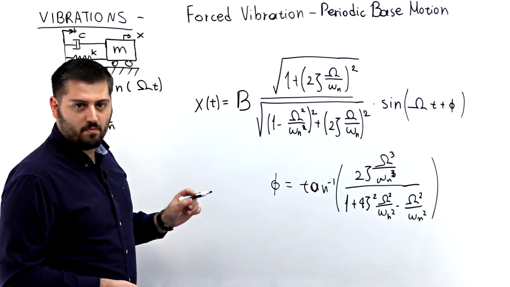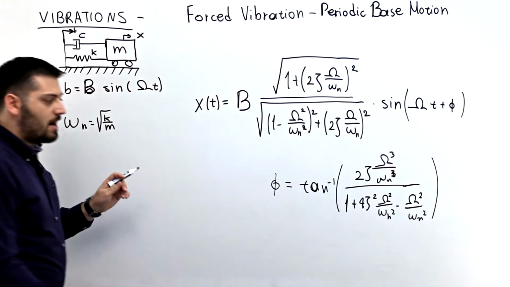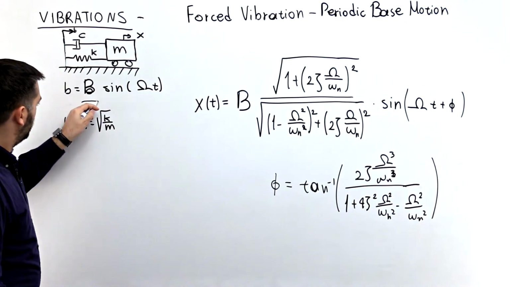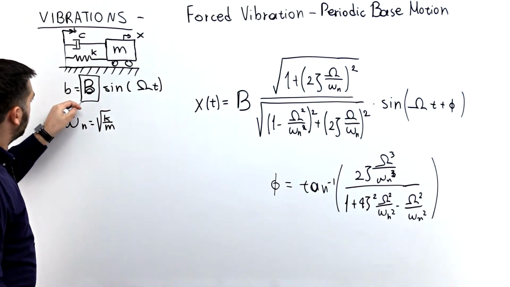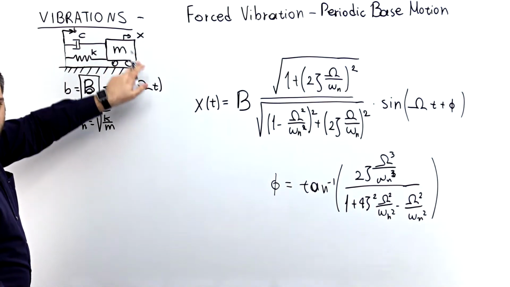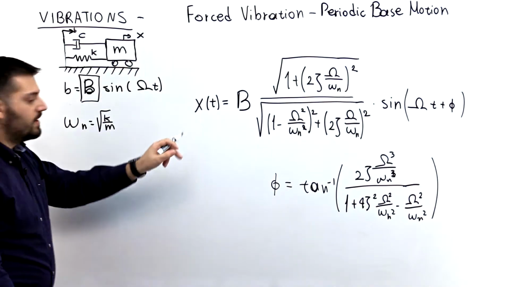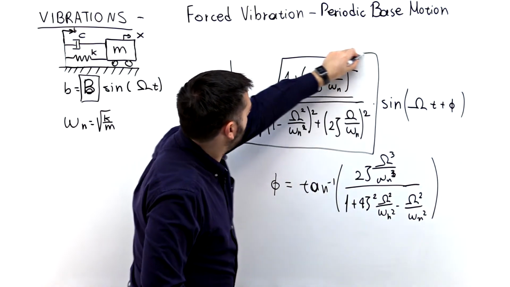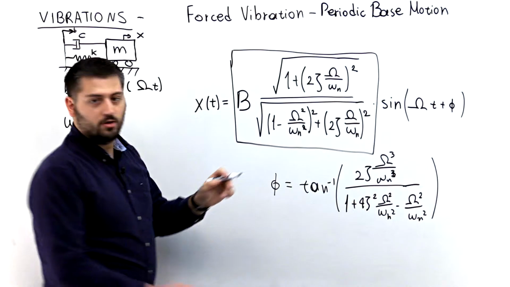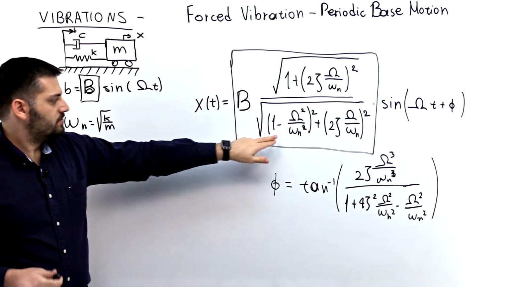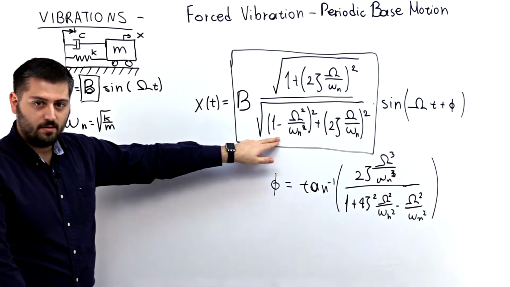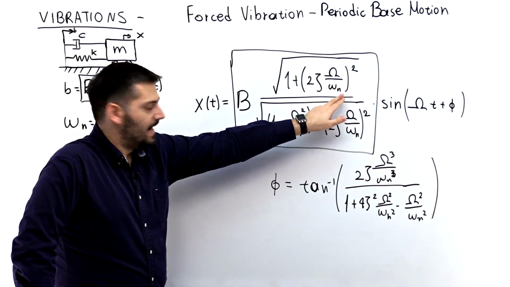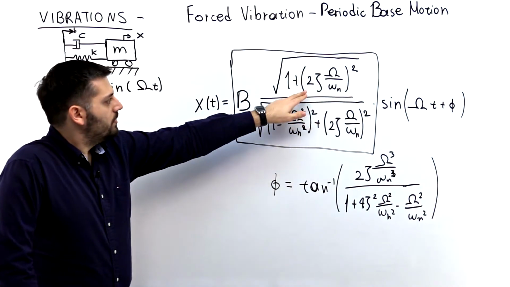So the key thing to remember from here is that if you have the wall vibrating with an amplitude of b, seen here, then your mass is going to be vibrating with the amplitude of b multiplied by this amplification factor. So this amplification factor becomes higher when your omega gets close to omega n, or when your zeta